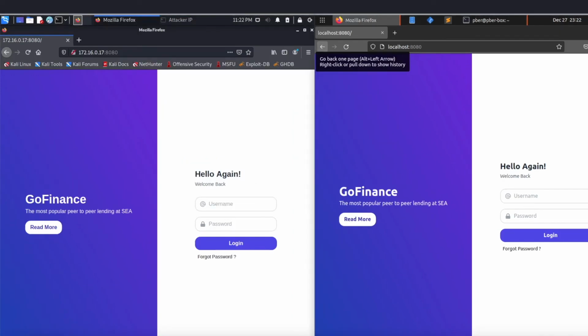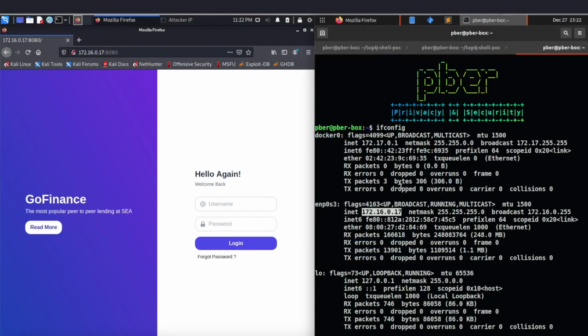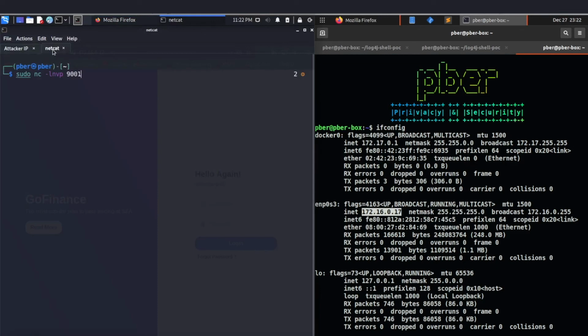So all I need to do is run a payload so that I can gain remote code execution and get access to this machine. Before that, I need to open a netcat listener and ensure the port is open and listening, so that once the malicious payload is run, the machine will connect back to me and I can gain access of this web server on my Kali Linux.